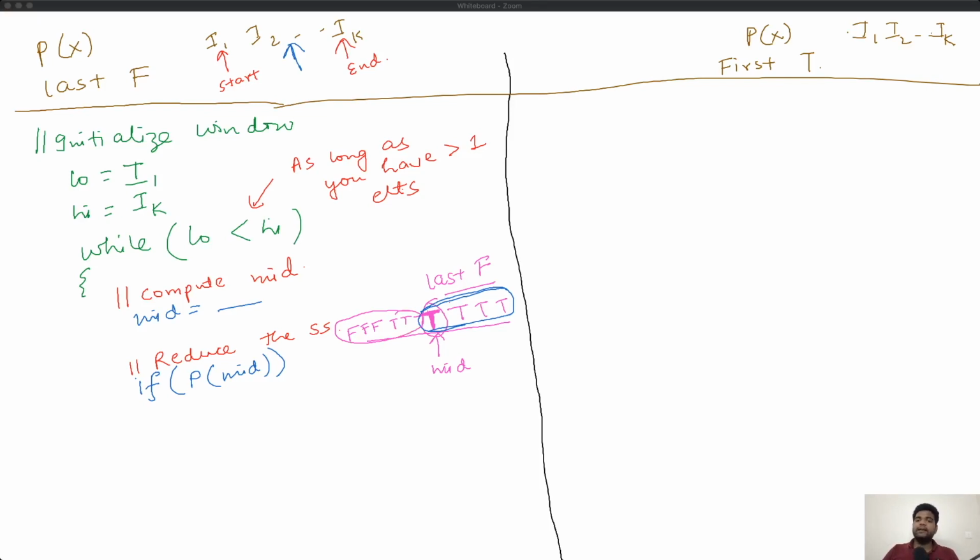So that basically tells us that our low should remain the same, and our high should be updated to this index, which is mid - 1. When I say mid, I am talking about the index. You understand mid - 1. If you are not iterating on the indices, it is the one element just to the left of mid.